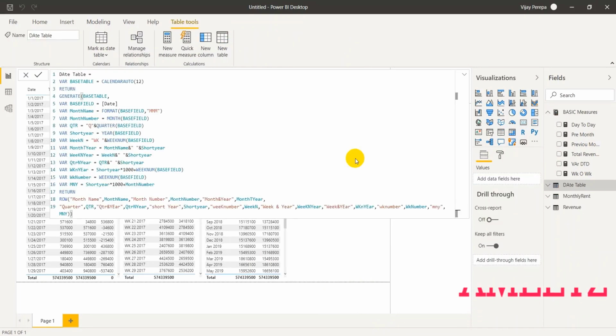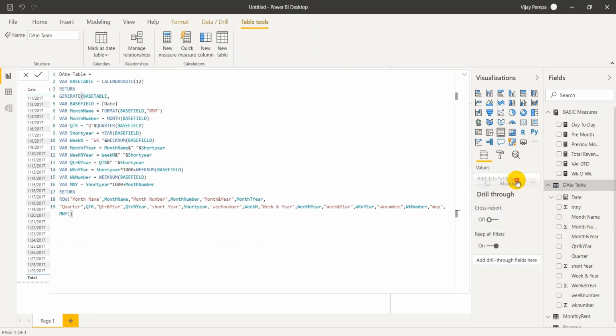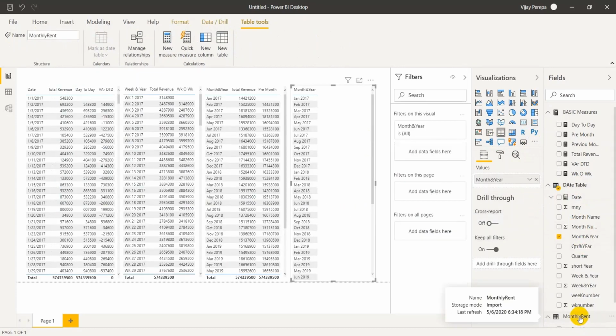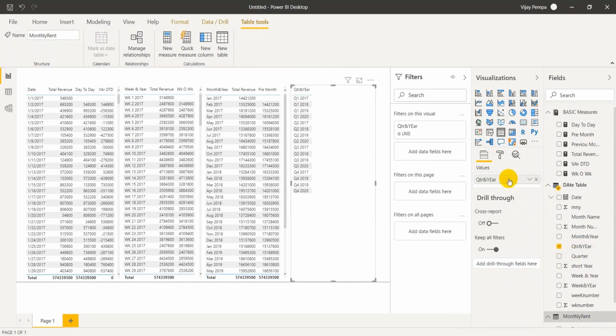Next measure will be for quarter on quarter comparison. But before getting into the measure, the same issue that we have seen in the month and year, quarter and year also has. Let me see that in a table visualization. Selecting a table, from the date table I'm adding quarter and year. You can see now all the quarters are coming together. So Q1 is in one place and then Q2 and so on. But I want Q1 2017, Q2 2017 and so on.